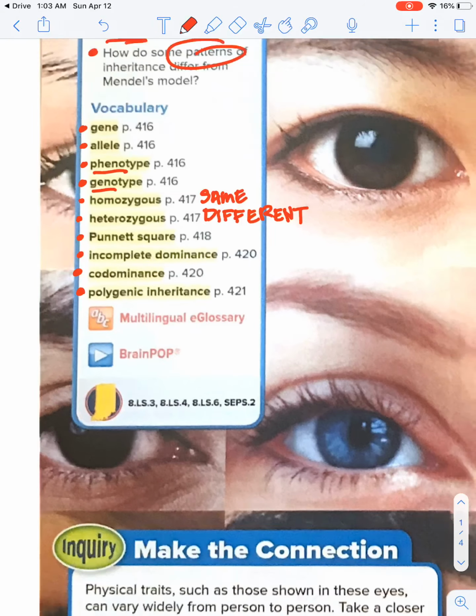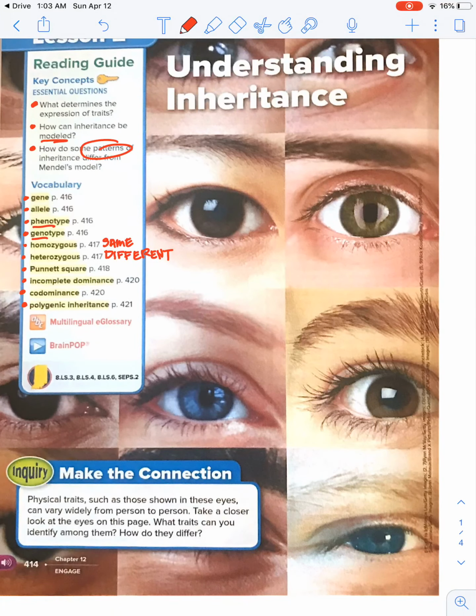Okay, so to make the connection at the bottom here, it says physical traits such as those shown in these eyes can vary widely from person to person. So they're different from person to person. What traits can you identify among them, and how do they differ? So looking at these eyes here, even the eyes that look like they're the same color, like these two are both brown, but this one at the bottom is a bit clearer brown, almost coffee brown, and this one's almost black. You can see there's a difference in the